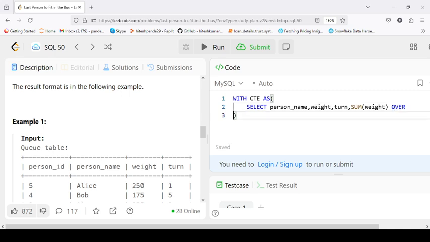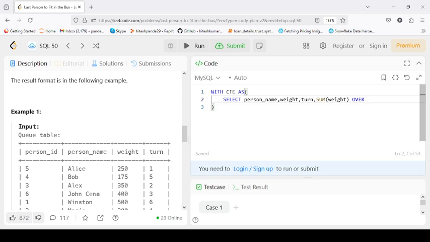So we have to first sort the turn column, so for that we will use the ORDER BY clause, ORDER BY turn. By default it will sort in ascending order, and we will give the